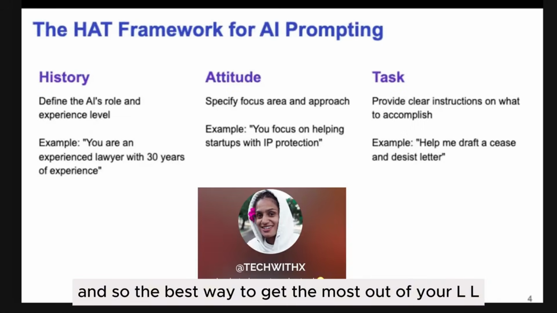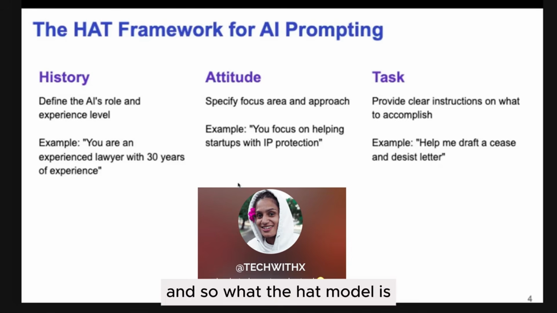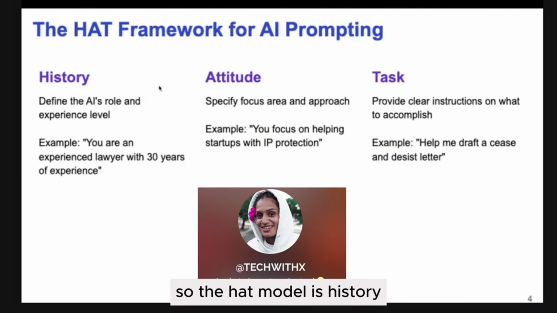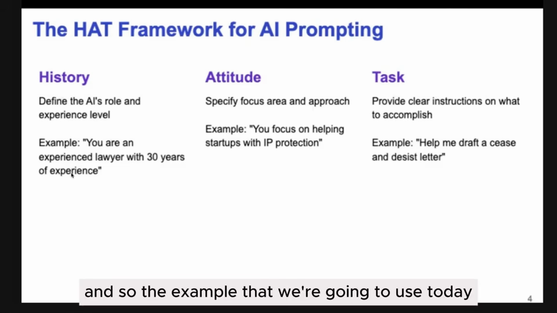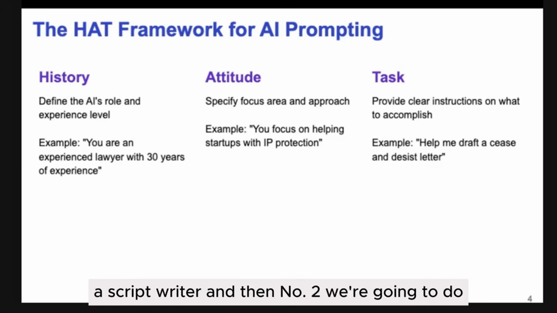And so the best way to get the most out of your LLM, whichever one that you use, is the hat model. And so what the hat model is, is that you are going to put a job role or a persona into your LLM first, and then you're going to get better outputs. So the hat model is history, attitude, and then task. And so the example that we're going to use today, since we're doing filmmaking and business, is that we're going to do number one, a script writer. And then number two, we're going to do